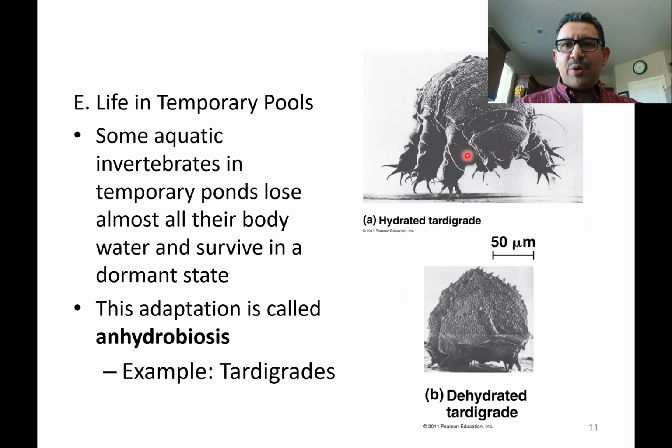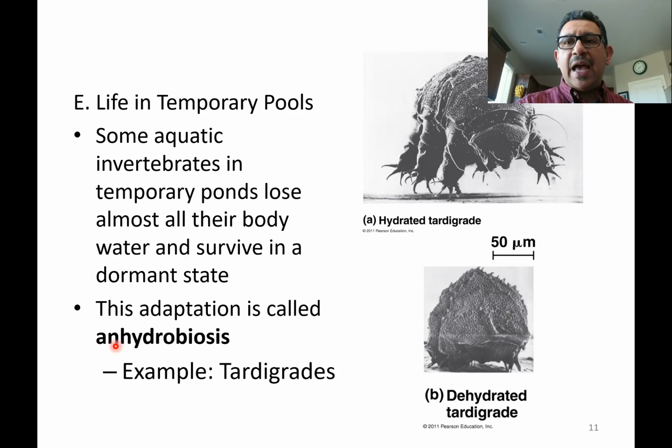They live in temporary pools that form during the rainy season in places where these animals live. But then the rain goes away and the pools dry up. And what these animals can do is get rid of most of the water, not all, but most of the water, and encase themselves into what looks like a cyst. And so this dormant state that is basically saving the body of the animal in the minimum amount of water